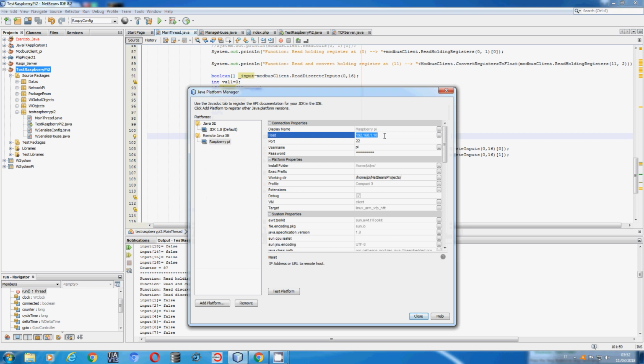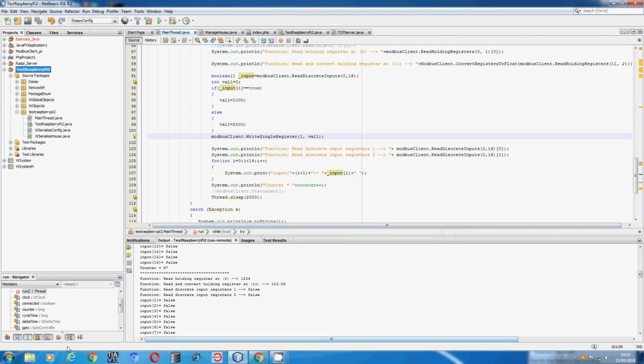This is the address of the Raspberry Pi, the port for SSH, the username and the default password. Here is where I have downloaded the JRE, but there are other tutorials that explain this. Now I'm working. First of all,